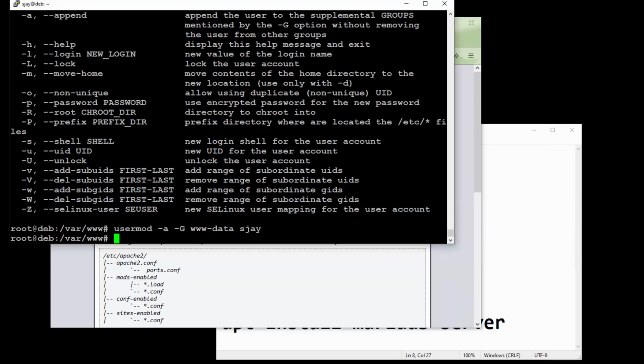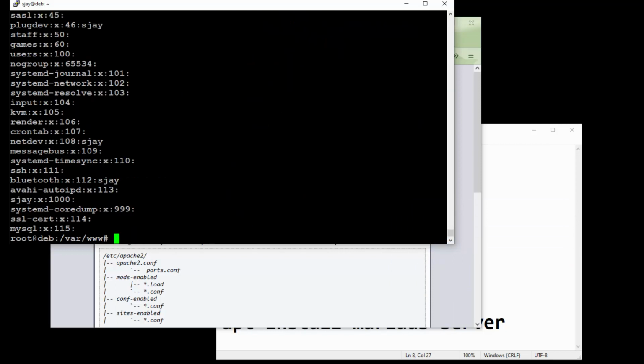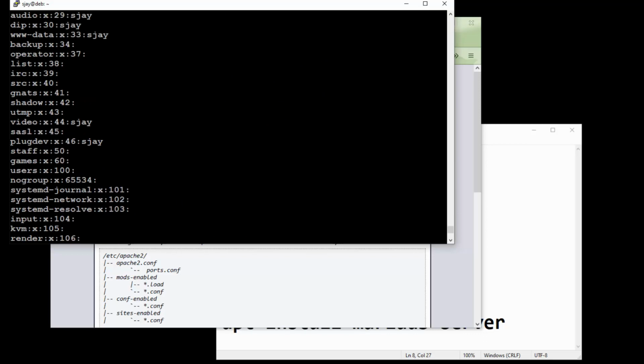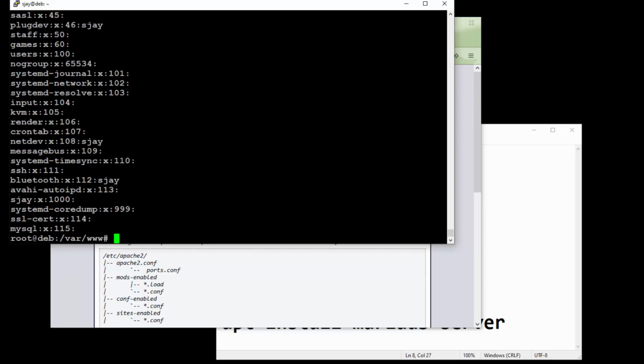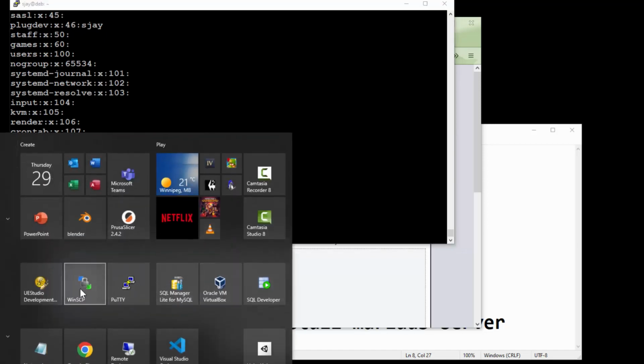So now when I take a look at the group file, in the group file there is a group called www-data, and the user SJ is part of it. Long story short, now when I launch WinSCP,